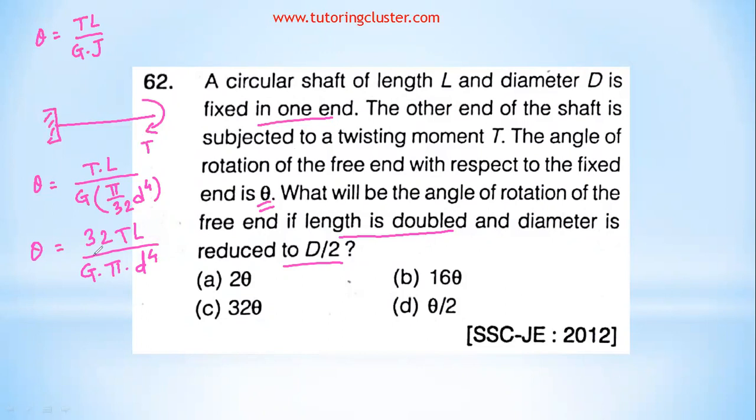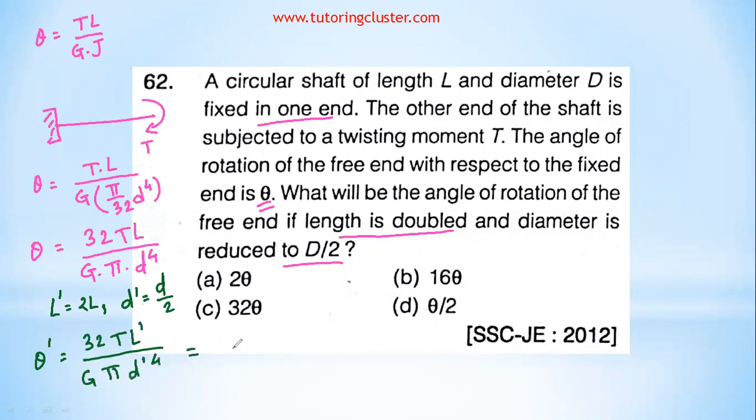Now, new case or case 2. What is the new length? 2 times L, and diameter d dash is d by 2. So what will be theta dash? Theta dash is equal to 32 T L dash upon G pi d dash to the power 4, which is equal to 32 T into 2L upon G into pi into